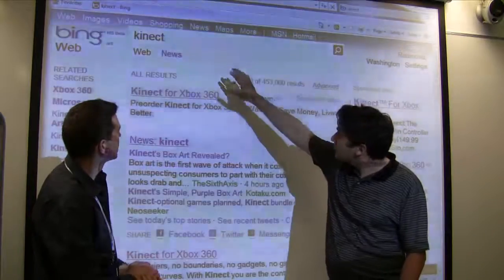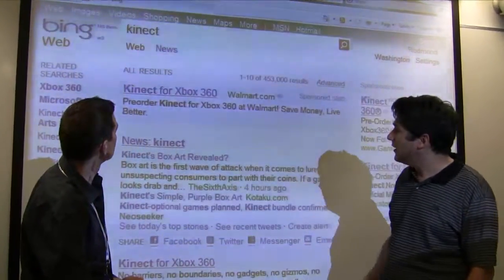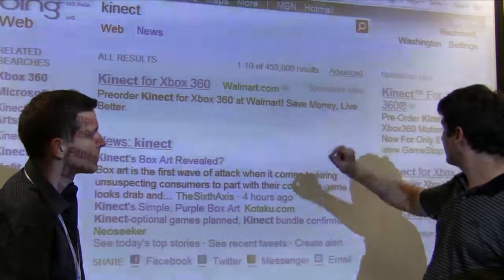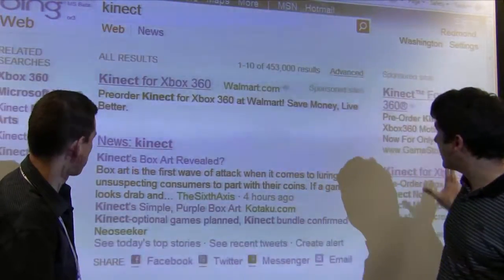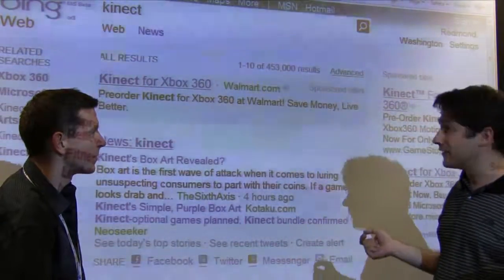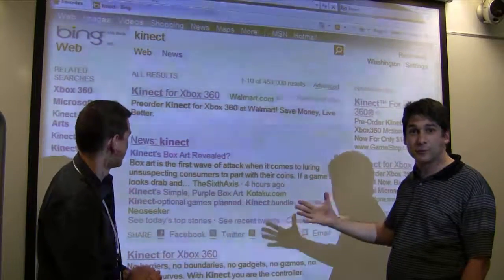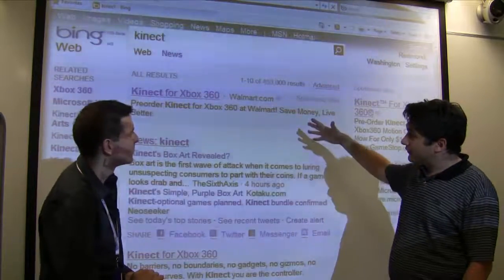And basically what happens, a user enters a query, in this case Connect, and then of course the search engine needs to decide what ads will be shown. These are the kind of organic results, and we also want to show some ads. Now which ads get shown, that's the key question. And of course we want to have a great user experience, so we want ads that people actually click on. And also the advertisers of course pay money